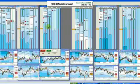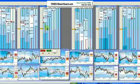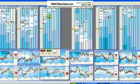Again, the other thing we try to get you to understand is don't get greedy. It's a lot better to take 170 points than sometimes you want to make an extra 30, and trying to make the extra 30, you lose 170. But for a quick demonstration here, you saw how nicely that trade worked, and how nice this setup showed you a very clear-cut